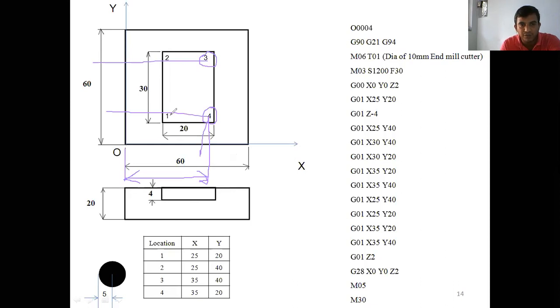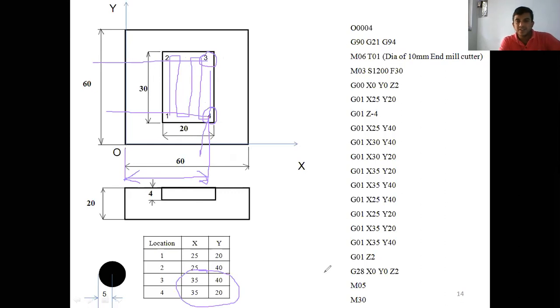Move the cutting tool from 1 to 2, from 2 to 2 dash, 2 dash to 1 dash, 1 dash to 1 double dash, 1 double dash to 2 double dash, 2 double dash to 3 double dash, sorry. Like this you should write. The x and y coordinates should not cross the third and fourth coordinate. In that way you should write here.